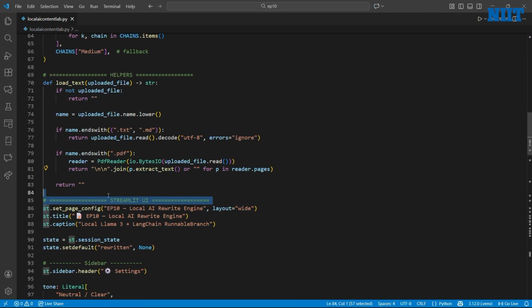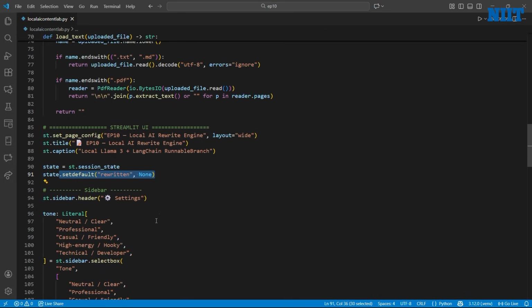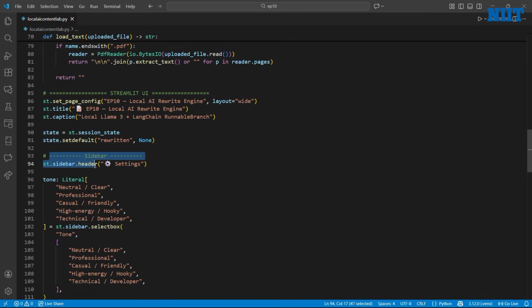Now we move into the Streamlit UI section. We start by setting the page configuration and title. Then we initialize st.session_state and create a key called rewritten so results persist across user interactions. In the sidebar, we define the controls.